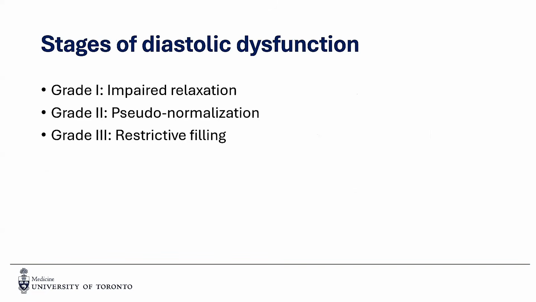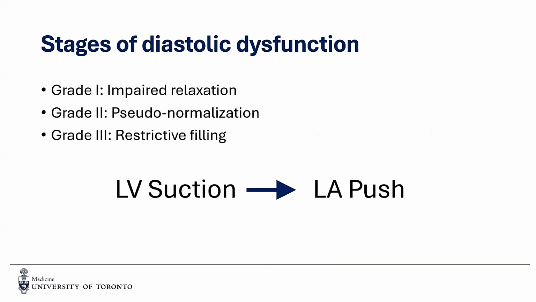So now that we've gotten all of this through the way, we can talk a little bit about the different stages of diastolic dysfunction. Previously, there were multiple grades of diastolic dysfunction, whereas now we just break it down into 3 different phases: impaired relaxation, pseudonormalization, and restrictive filling. The way that I like to think about it is a gradual progression of LV suction to LV push, LA push that guides